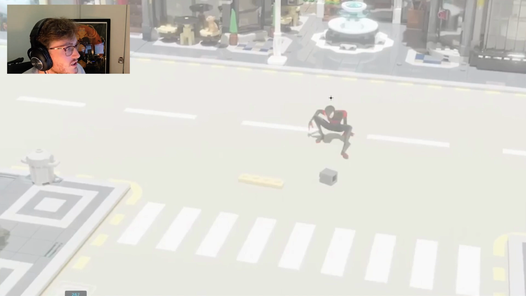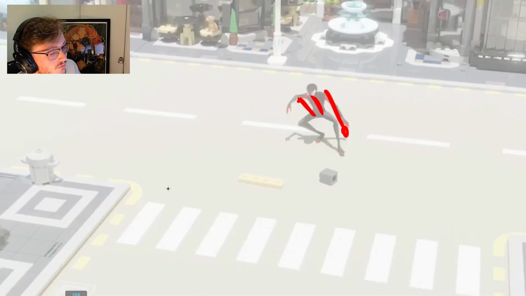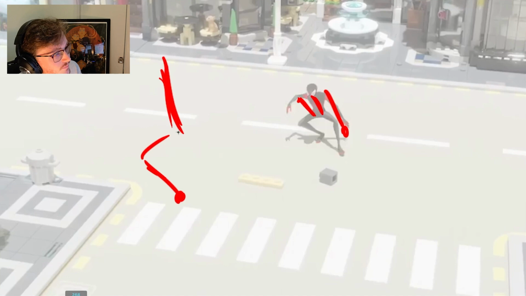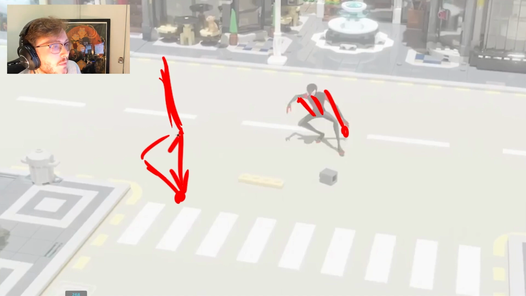The only thing I would critique here is it feels like his body should be maybe slightly leaning more forward here. If you look from a profile view, right now it feels like, trying to draw this, he's kind of like this, with his hips in the same, again, thinking about balance and weight.